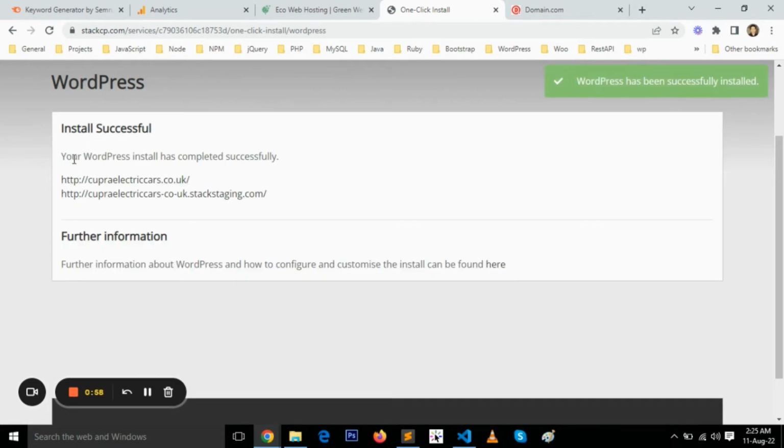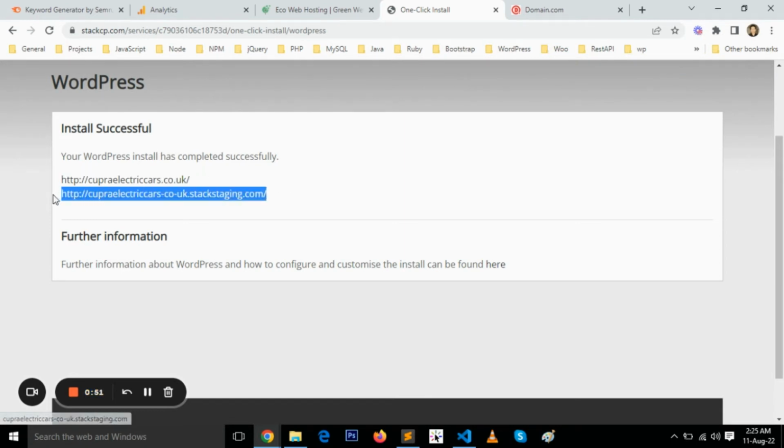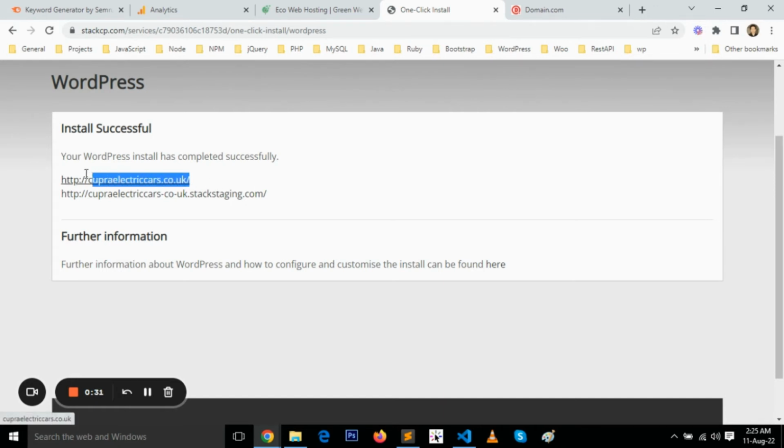This says that your WordPress install has been successful, and this is the domain, and this is the staging environment or test domain. This test domain is handy when your domain is not propagated, so you can keep working and move forward. And once the domain is propagated, then you have to change this domain from your WordPress dashboard. You will find this option in the WordPress dashboard, and